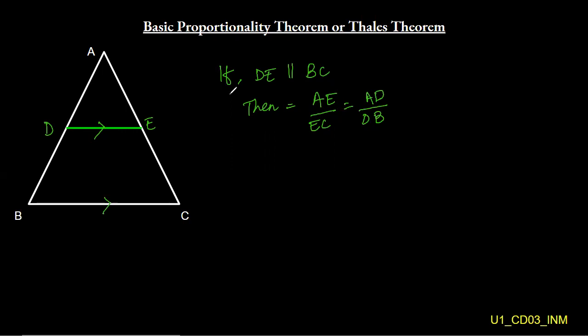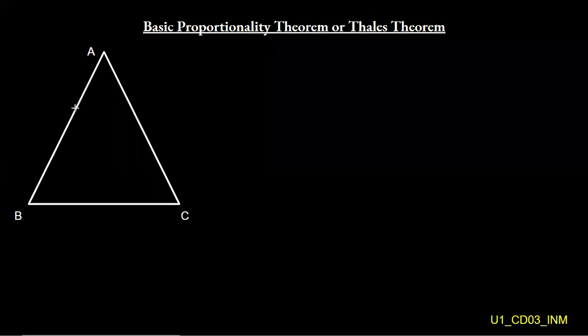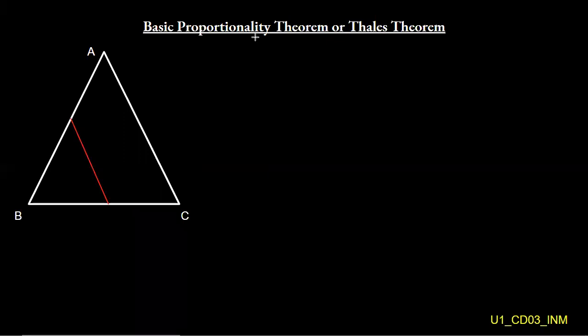Let me take you through another example. I'll clear my drawings first to make you understand this theorem in a different way. This time I'll make a different line, this way. Now this red line, let's name it something else. What should we name it? Let's name it XY. This line is XY. Now I'm telling you XY is parallel to AC. We can see it in the diagram.